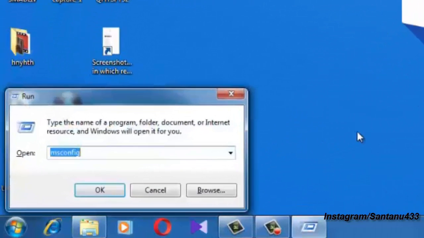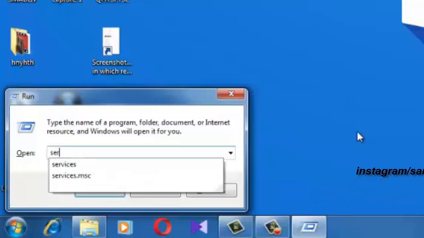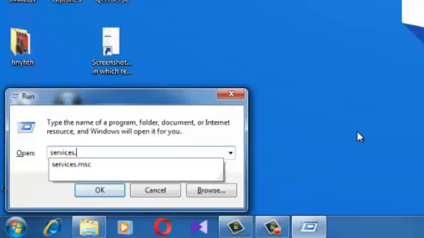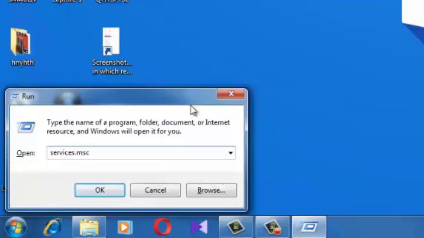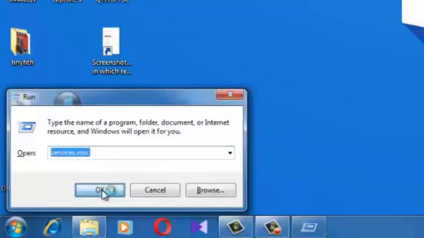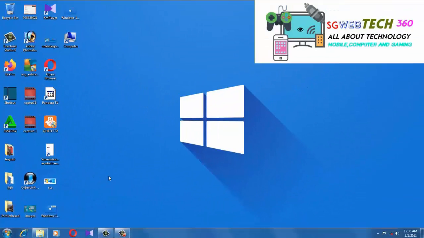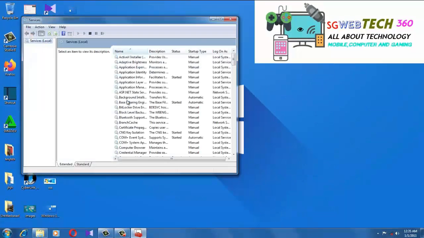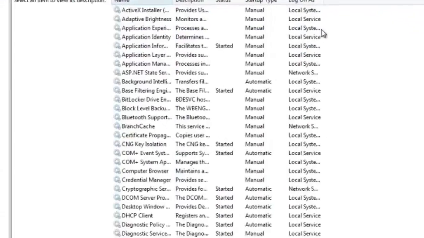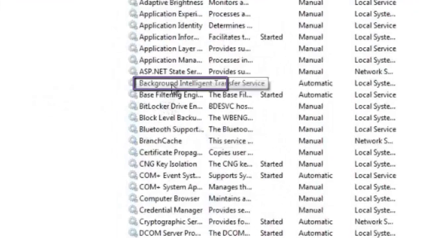Then you have to go again to the Run option and search services.msc and click OK. You will see a new pop-up window open. Maximize the window and search Background Intelligent Transfer Service.